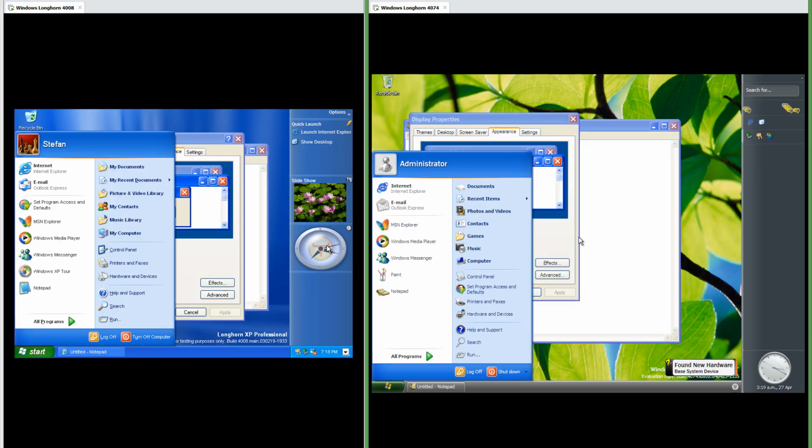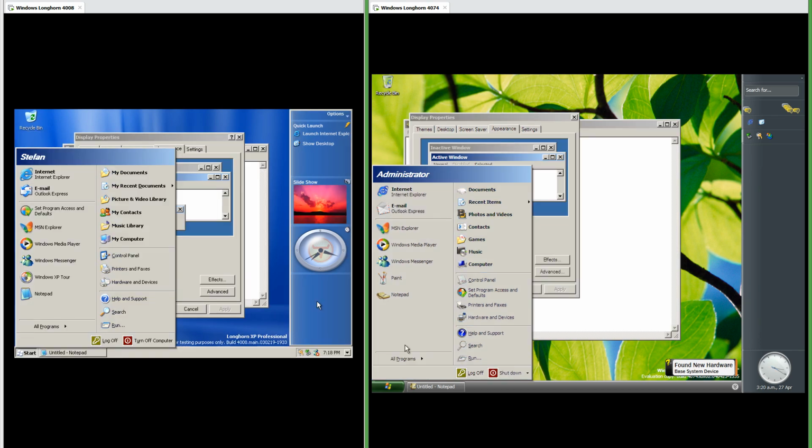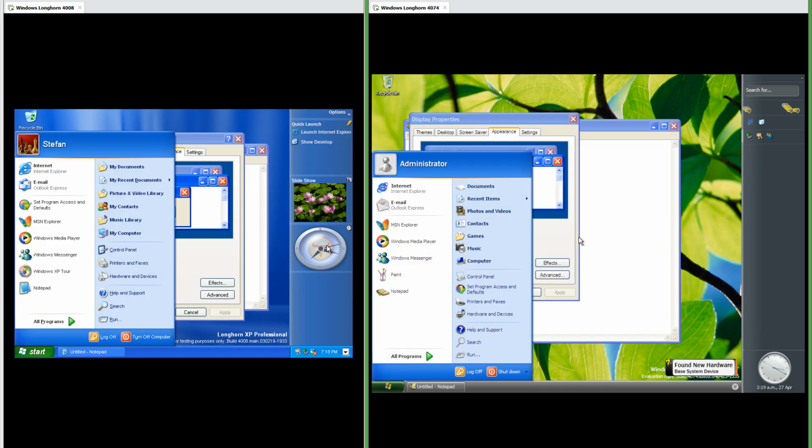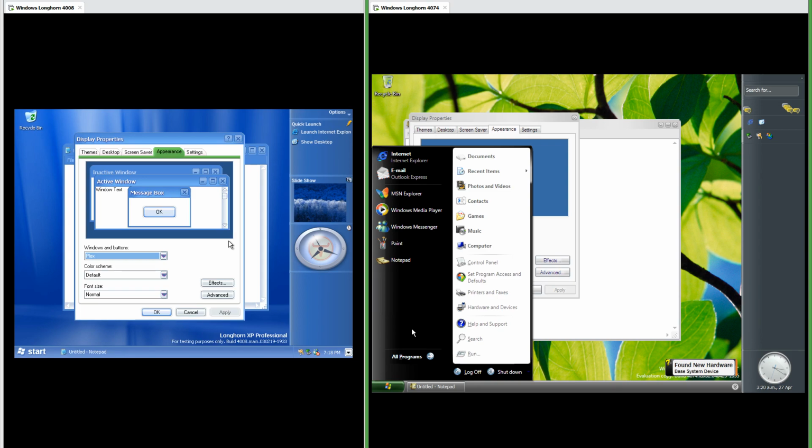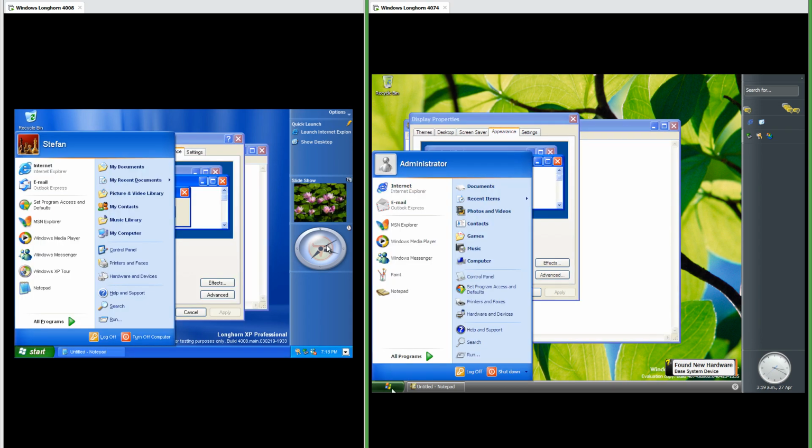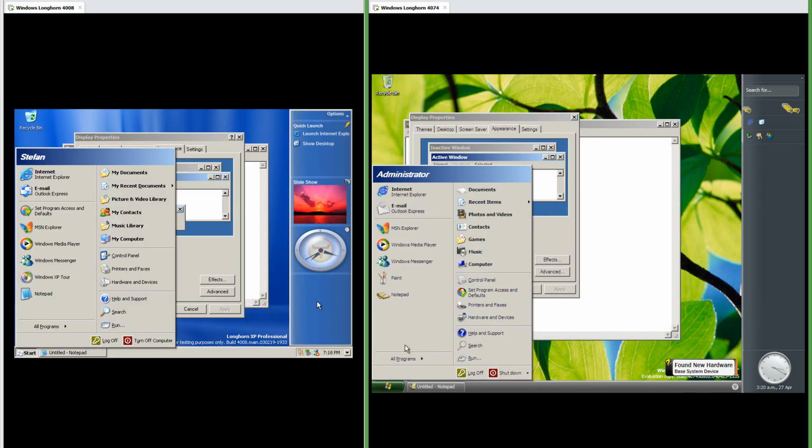In 4008 when using themes other than Plex the Windows, Start menu and taskbar take the theme but the sidebar still has the Plex theme. In 4074 when using themes other than Slate the Windows and Start menu take the theme but the taskbar and sidebar still have the Slate theme.